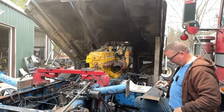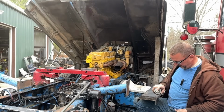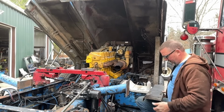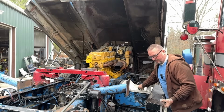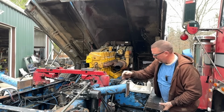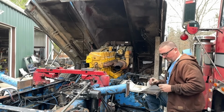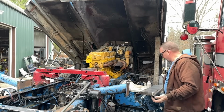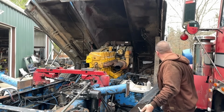All right, let's see. All right, so it's going to be tough. We're going to stick a couple bolts in, maybe this way. I'm going to stick a couple bolts in from down below this direction. Okay, and then I'm going to try and stick this on